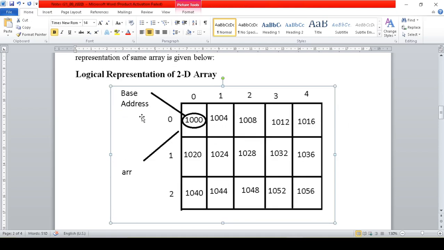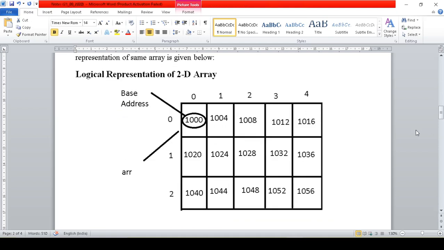So I have shown you the logical representation over here for the same declaration. If I am having a 2D array with name ARR with 3 rows and 5 columns, so these are rows and these are columns. That's just against the way you used to refer in your classroom, right? In your classroom, when you enter a classroom, these are referred to as rows and these as columns. But in real life, the horizontal ones are rows and the vertical ones are columns. So there are 3 rows, with index 0, 1 and 2, and there are 5 columns, with index 0, 1, 2, 3, 4.